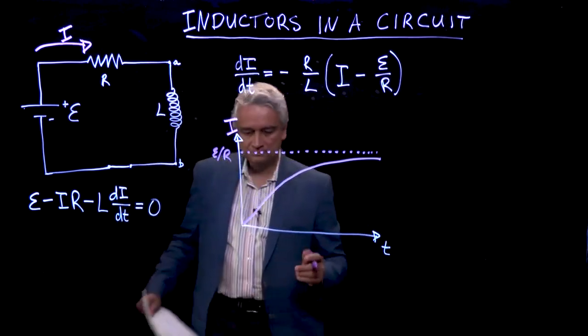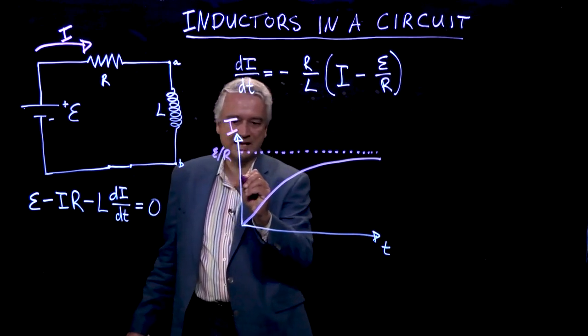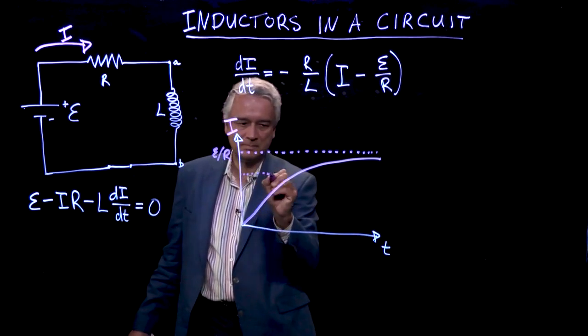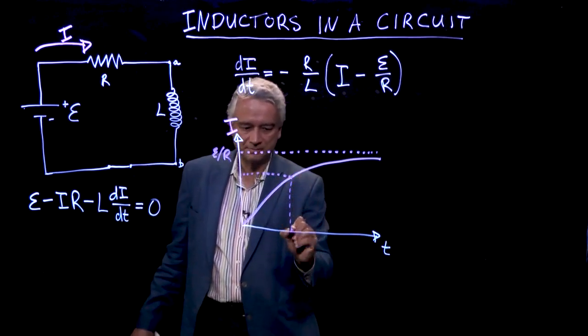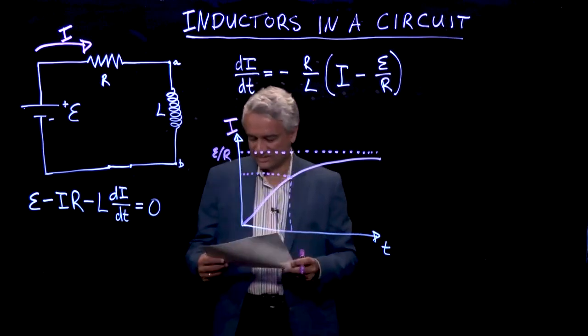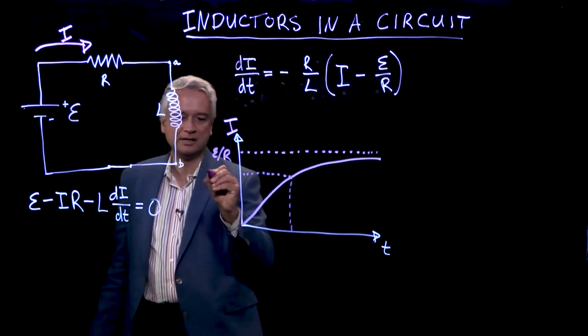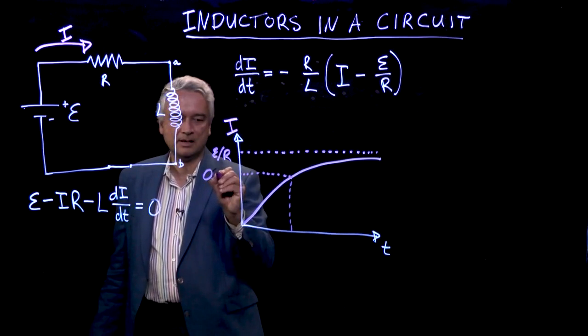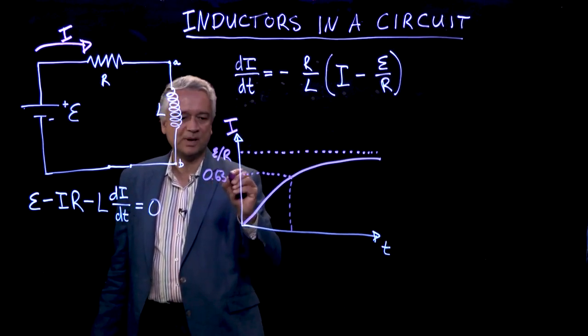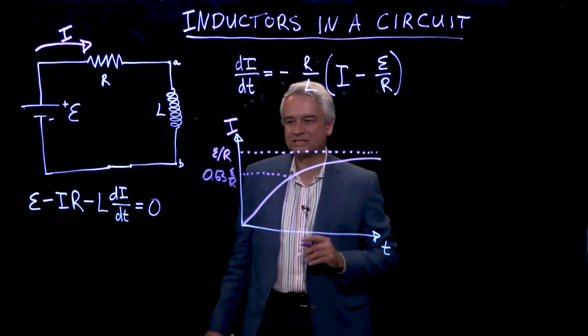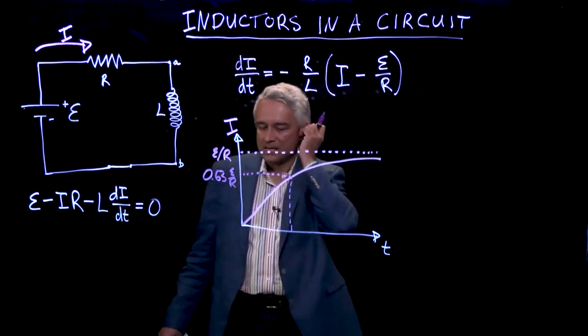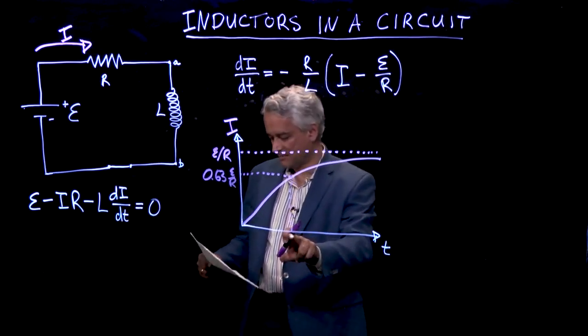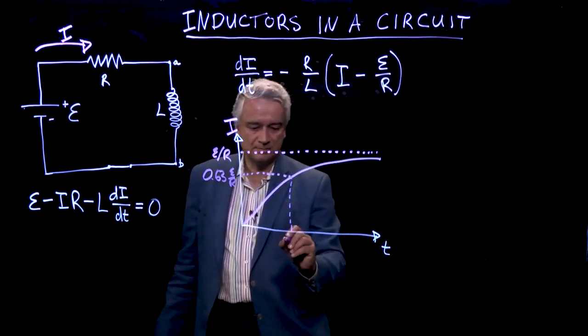And there is a characteristic time in this solution, and it's the characteristic time at which the current has risen to 0.63 of epsilon over R. Same as what we had before, except all of this was for Q's before. And this characteristic time, tau,